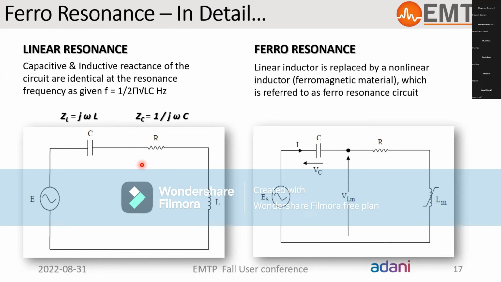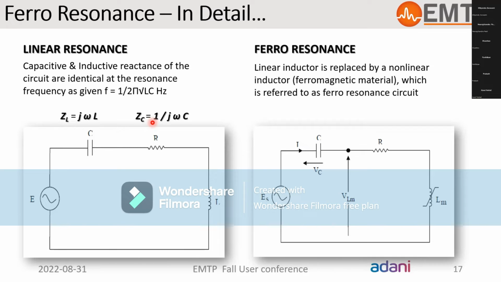Now, in the linear or even the parallel resonance, resonance mainly occurs when the inductive and capacitive reactance of the circuit exactly balance. Inductive reactance is proportional to the frequency, while capacitive reactance is inversely proportional. So the resonance frequency for this circuit can be found where the inductive reactance and the capacitive reactance exactly cancel each other. But for ferroresonance, this is not the same case,